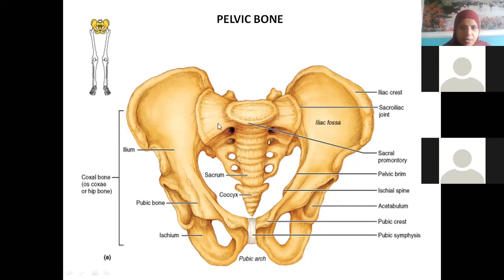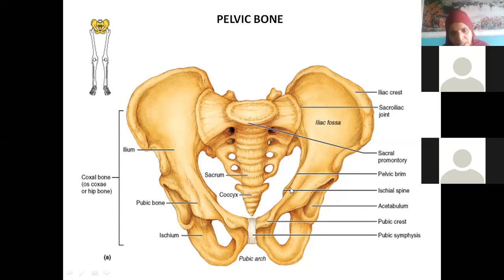Sacral promontory. Now, when we draw this line, we have to take this into consideration only. This is the ilium bone and we know this is the pubic bone. The joining point of this ilium and pubis is the iliopubic eminence. The ilium and the superior ramus of the pubis become continuous.